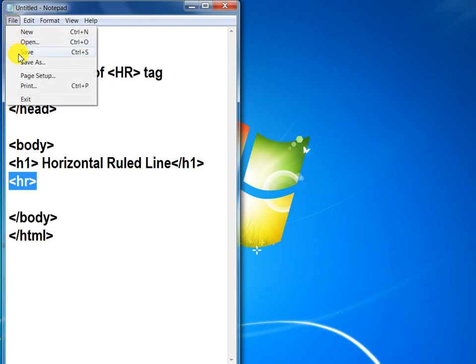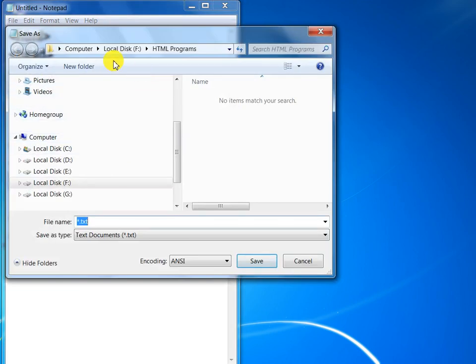So first of all you have to save this file. I save my file in computer D: HTML program.